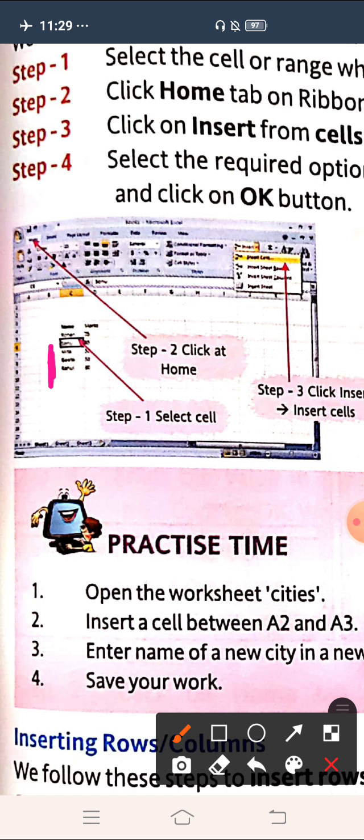We need to shift these cells downward, because we need one more cell here. We need to insert one more cell here. So how to insert that cell? For that you have to follow certain steps. What are the steps? First thing is,